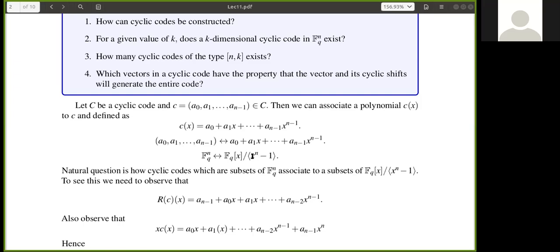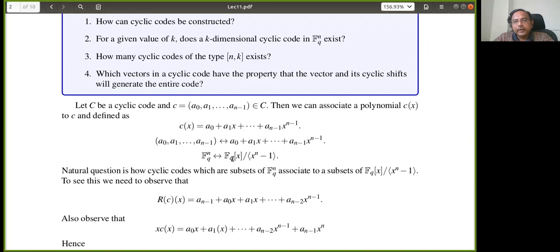Sir, we are quotienting with this. Sir, we did this theorem that whenever we quotient this, we get a finite field. It is equivalent to a finite field. No, it is not like that. F_q^n is not a finite field. Please try to understand. Sir, any polynomial in F_q[x], if I divide it by x^n minus 1, the remainder would be a_0 plus and so on. It will be a polynomial of degree at most n minus 1.